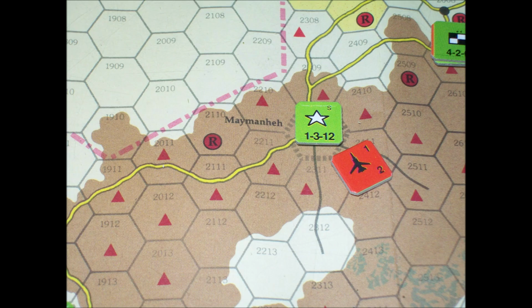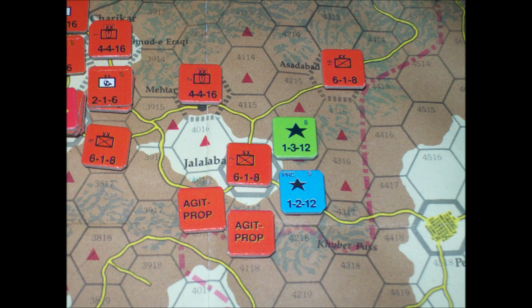Finally, this cadre is attacked by the Afghani Air Force, and it's destroyed. So this was very successful in the air campaigning this time. The Communist Party unit makes a subversion attack against the city of Jalalabad by expending 2 agitation and propaganda chits to try to hedge the bet a little bit, but it's all for naught, and it fails.